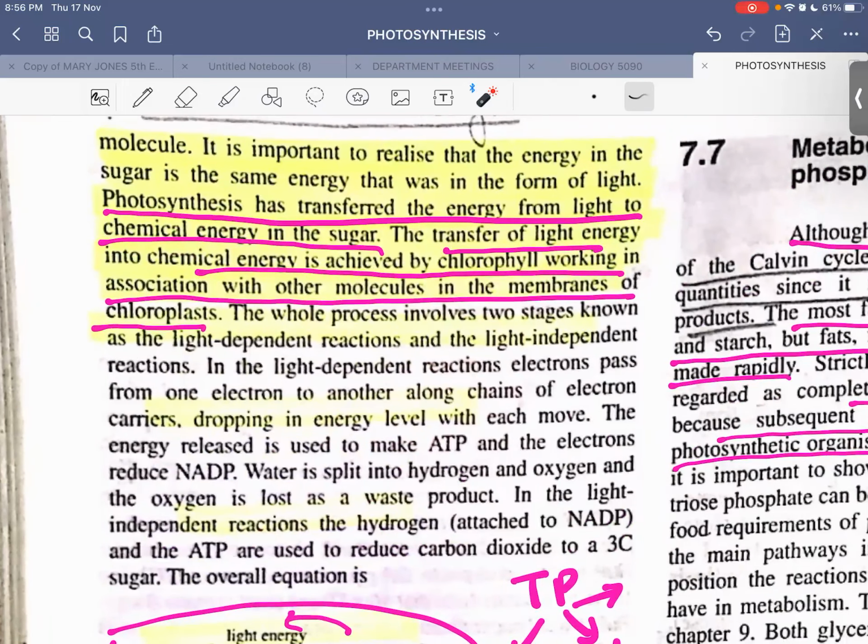Independent electrons pass from electron. Water is split by into light independent. So yeah, miss, I get it. To form the 3 carbon. So yeah, I understand. Get it? Yeah. Okay, so